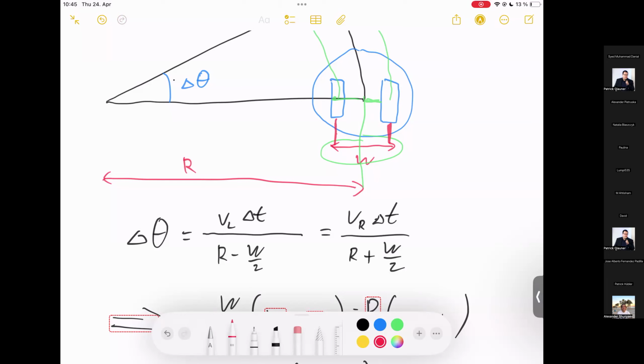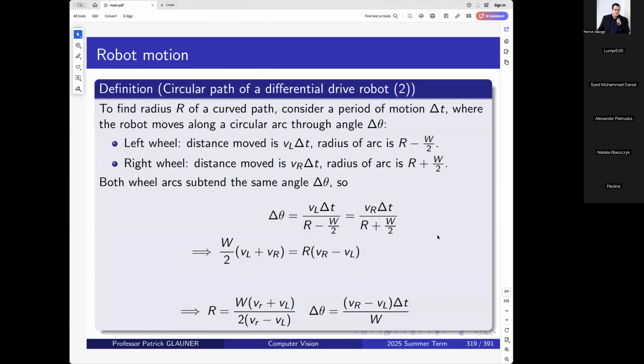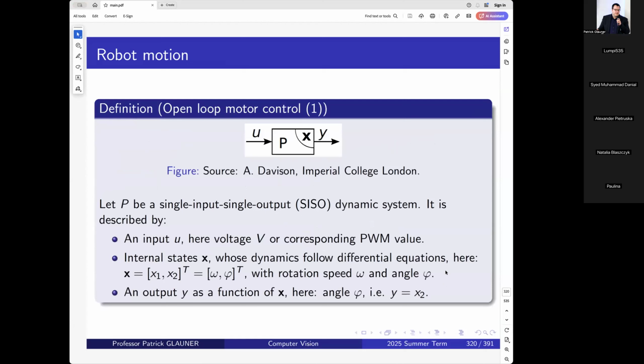So this is now just some of the basic properties of this differential drive, which we will need from now on to move the robot. There will be a couple more formulas and equations about how the robot moves, but we will need this to also describe later the uncertainty. And uncertainty is something that we want to correct for. For the robot motion,